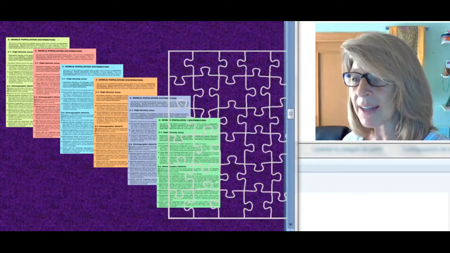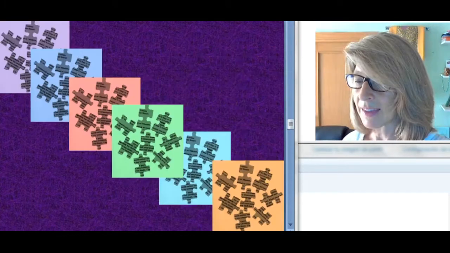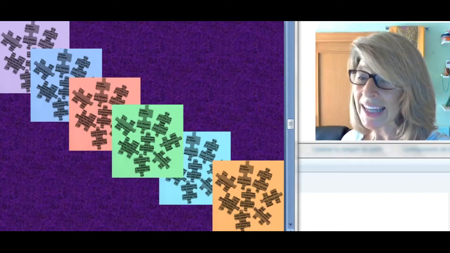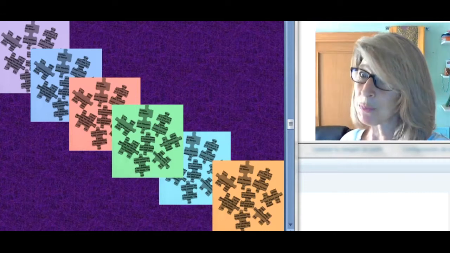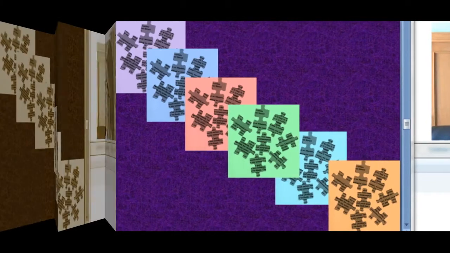So I put the template on top of the 6 different colored printed definitions and cut out the pieces. In this way, you make 6 puzzles at once. If you have more than 12 students, which most of you probably do, this means that you only have to do this 2 or 3 times.